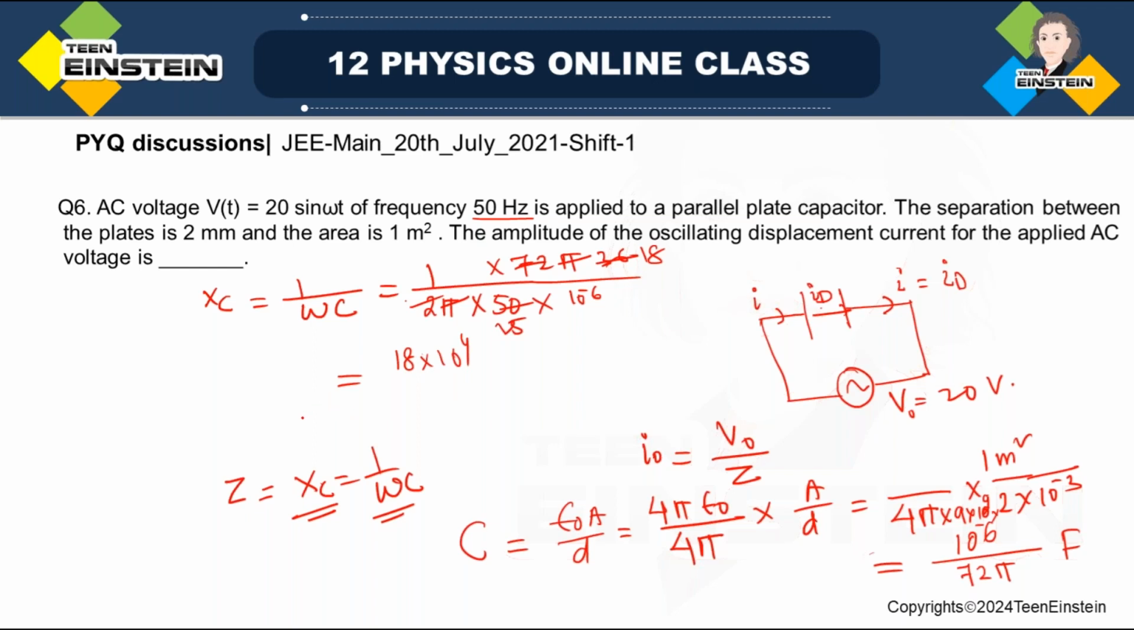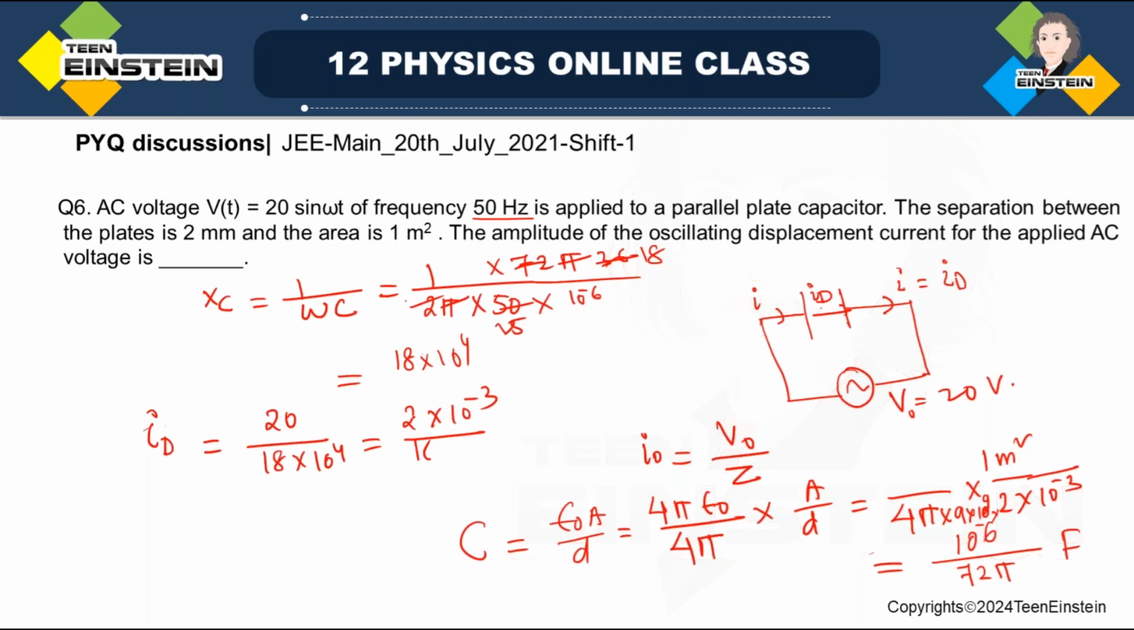Right. So let us see what is the current. So current will be ID is equal to V0, that means 20 divided by 18 into 10 to the power 4, right? So it will be 2 into 10 to the power minus 3 divided by 18. This is 9. So 1 over 9, 1 over 9,